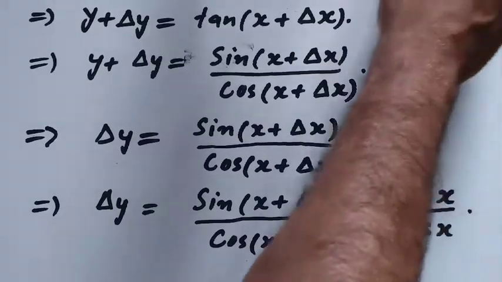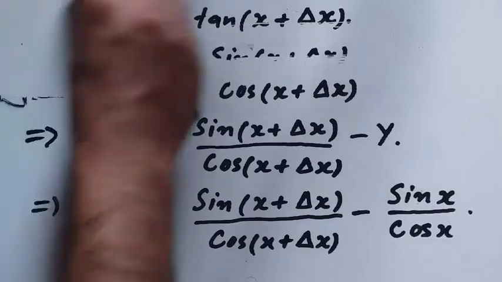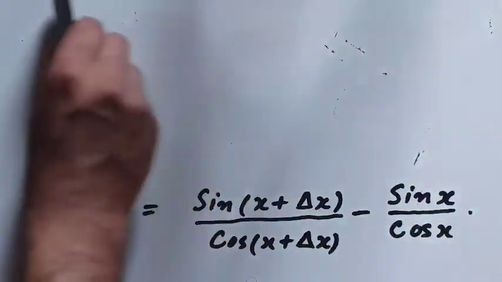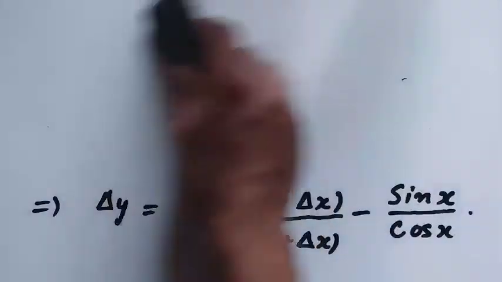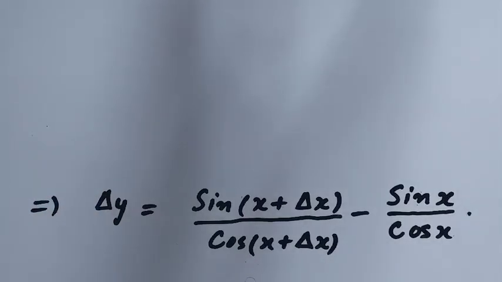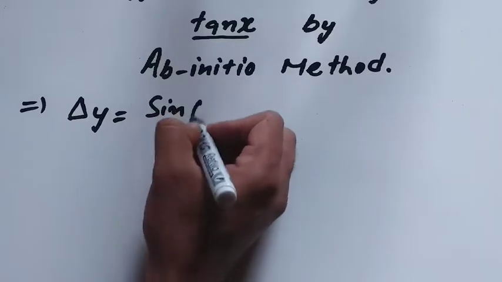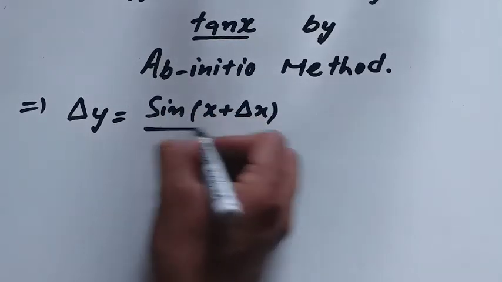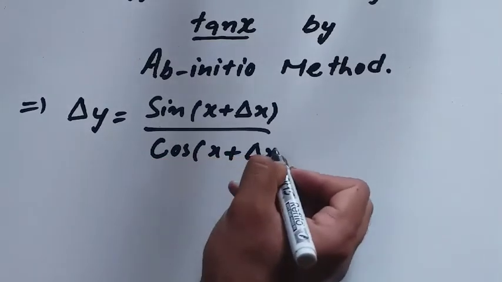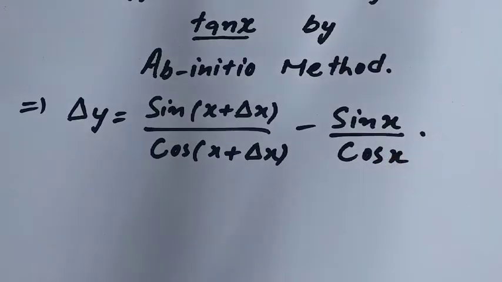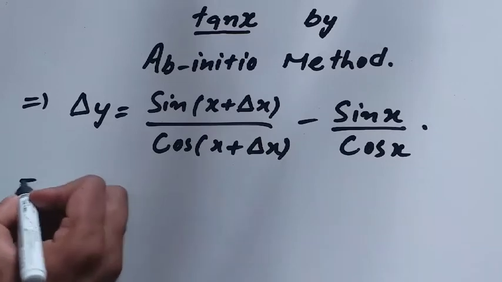Let me rub this side. Now see here, I can again rewrite this step, that is our last step, that is delta y is equal to sin of x plus delta x divided by cos of x plus delta x minus sin of x divided by cos x. All right. Now let's cross multiply. And we get delta y is equal to